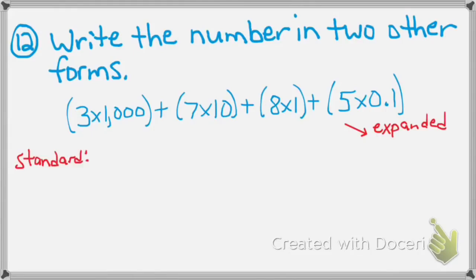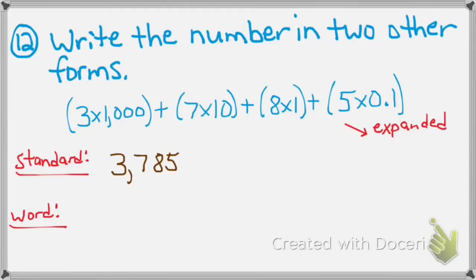So if they gave me expanded, I still need to write standard, and I still need to write it in word form. Again, set myself up so I don't forget I need two answers. And if I work quickly, I say, oh, this is easy. It's just the digits. So 3, 7, 8, 5. I'm done. But always double check it and see. If I read this standard form, that would be